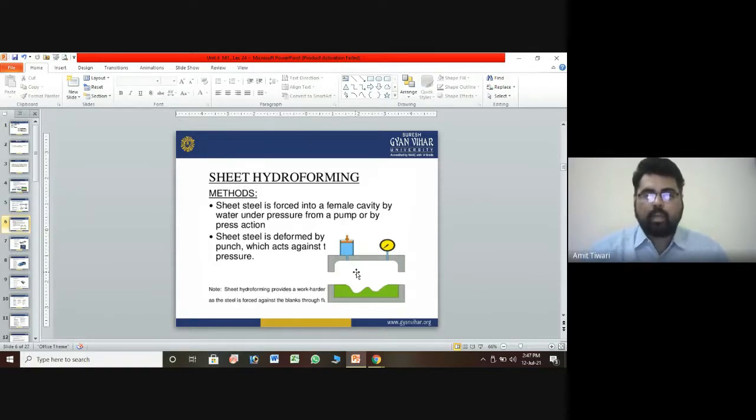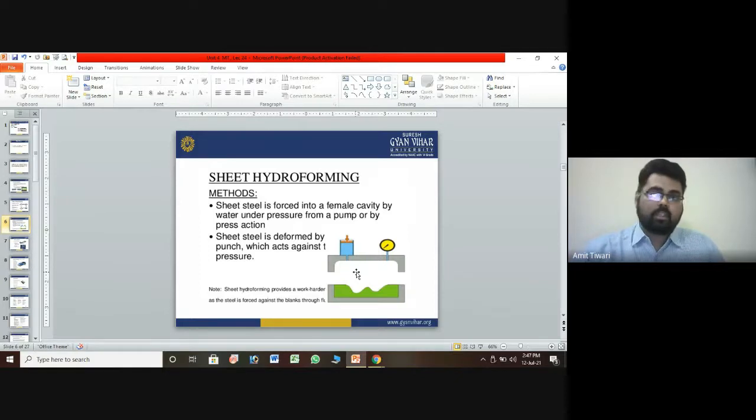You can deform by the punch against the pressure of the water. So you can apply the punch here on the area you want to convert into this type of section, so it will be really easily available. Usually you have to select the type of material to be cut properly. This is a technique which is used nowadays generally, and has a good response in the industry